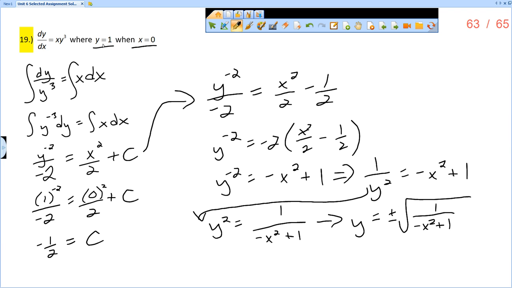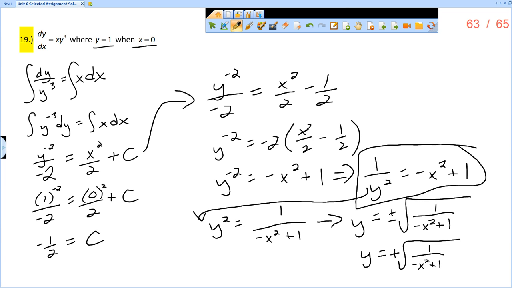Well, when x was 0, y was positive 1. So the only way to get a positive 1 when I plug x equals 0 in is to have the positive. And so the explicit solution would be the positive square root of 1 over negative x squared plus 1. Even though, like I said, this is what I have in the